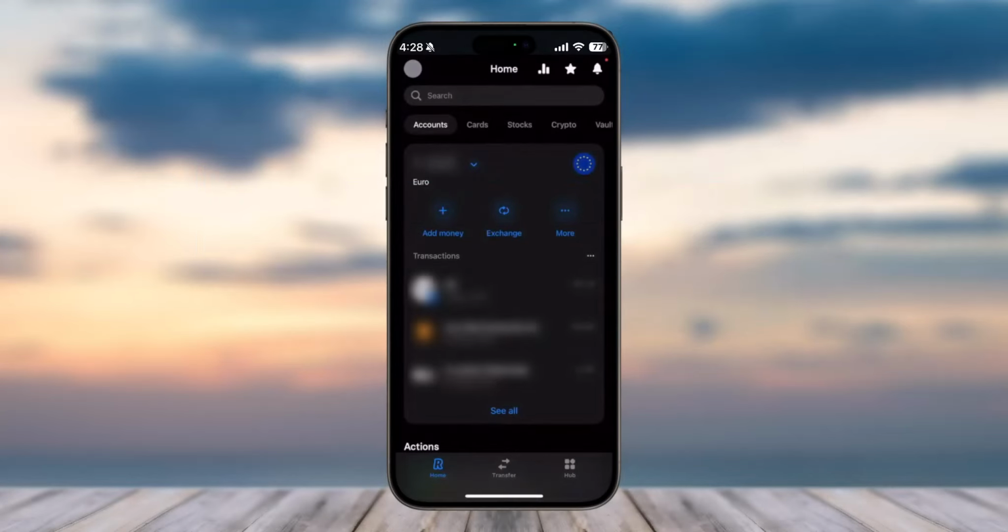In today's video, I'll show you how you can request money on Revolut. So to do that, first of all, launch the Revolut app on your mobile device and then simply log into your account. Now once you've logged in, your home page will look somewhat like this,